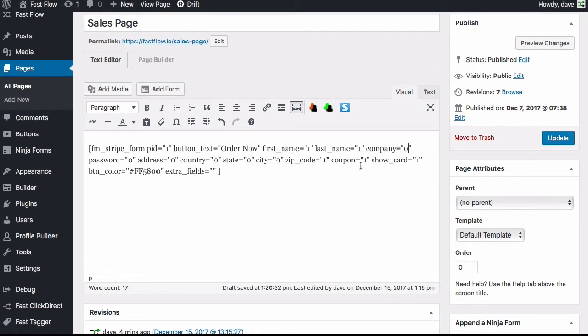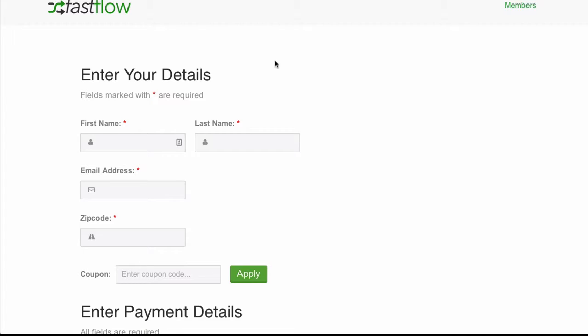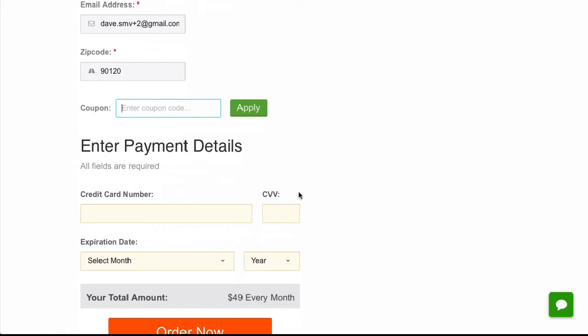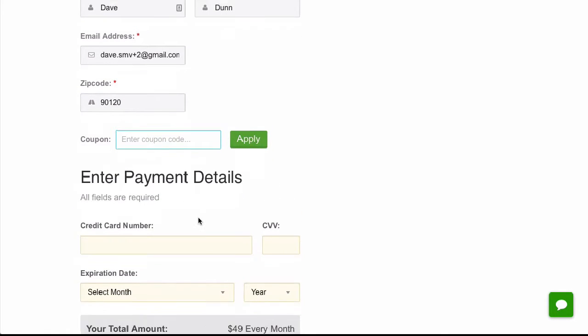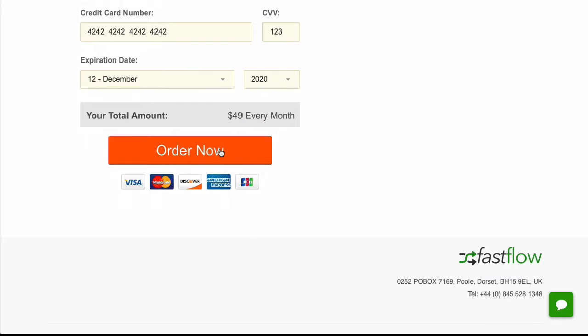For now that's enough, so I'm just going to update it, and we're going to visit the sales page. And you see the form here, and we've got the coupon field as well, so we can fill out this form. And then if there's a coupon, we can add that here, which I'm going to leave blank. And then we want to add our card number. And if we hit order,